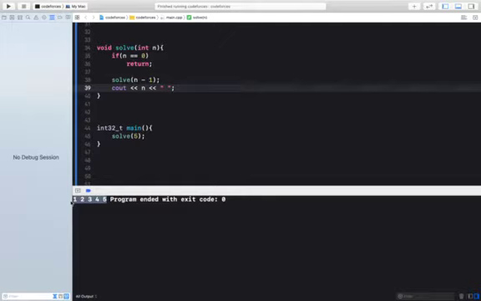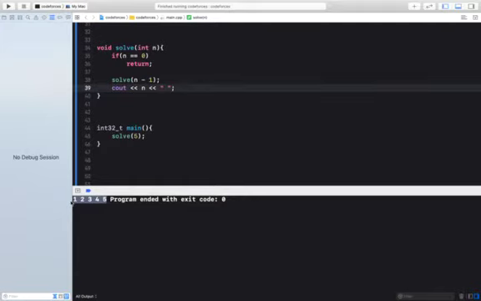So when I have written cout n before solve of n minus 1, it is printing n before calling solve of n minus 1. So it is printing 5 and calling solve of 4. But if I have written solve of n minus 1 before cout n, what will it do? First it will call solve of 4, and after solve of 4 has completed its work, it will print n. So when I call from 5, it is calling solve of 4. Now solve of 4 is also not doing anything, it is calling solve of 3. Similarly, when solve of n becomes solve of 0, it will do nothing and it will return to solve of 1. Now solve of 1 has done its work, now it will print 1.